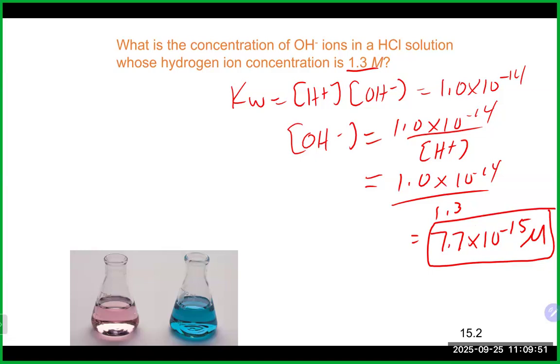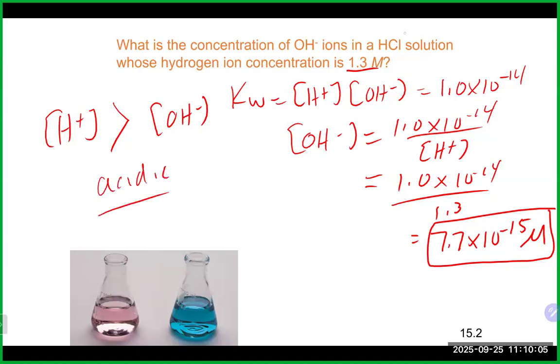And again, we could compare in this case our H plus concentration to our OH minus concentration. And clearly in this case, our H plus concentration is a lot larger than our OH minus concentration. It definitely would be an acidic solution, which does make sense since that's an acid. So that would all make sense together. Any questions on that there? All right, we will wrap that up for